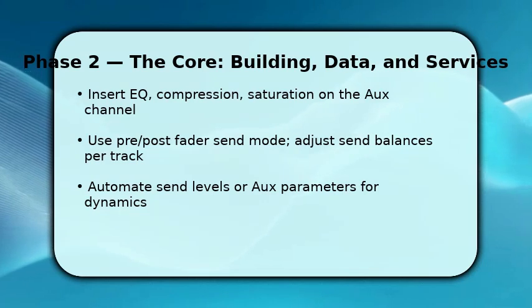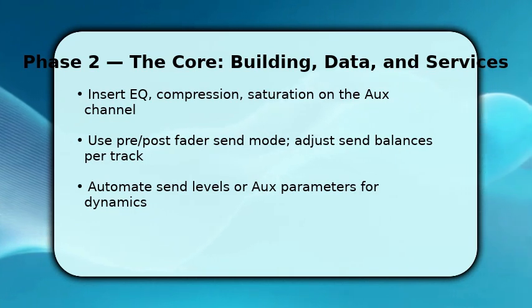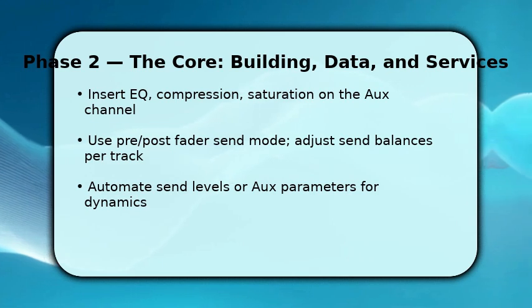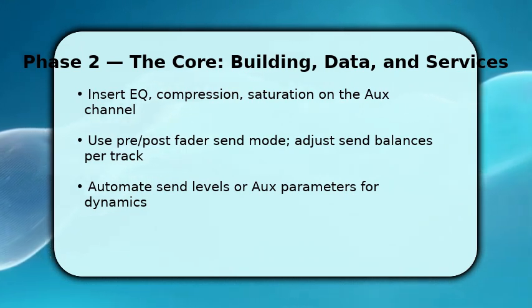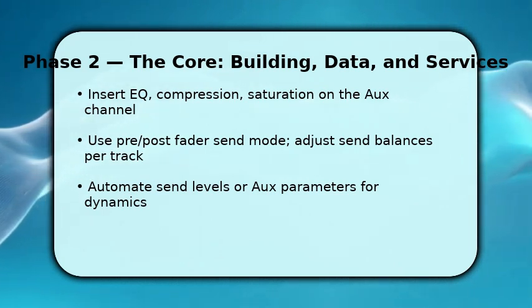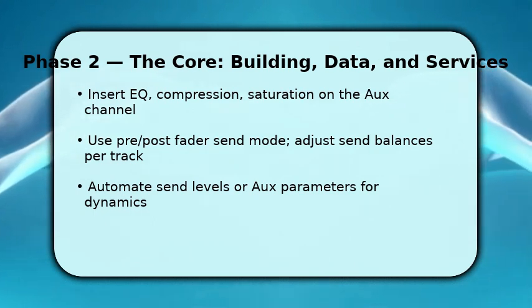Now you process the group signal on the aux channel so everything glued together behaves musically. Insert an EQ to carve space, then gentle compression to control dynamics, and optional saturation for cohesion. Use pre- or post-fader sends depending on whether you want track fader changes to affect the bus. Post-fader is typical for busing instruments. Once set, adjust each track send balance to taste, and automate either individual send levels or the aux parameters to